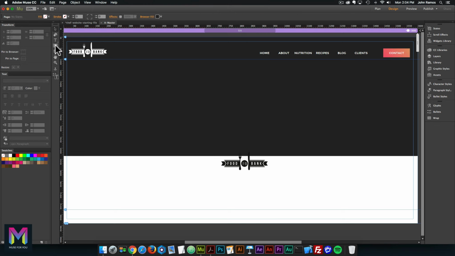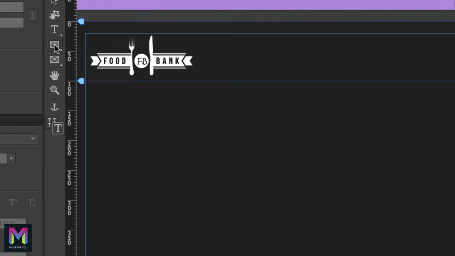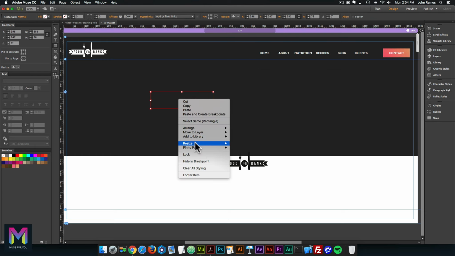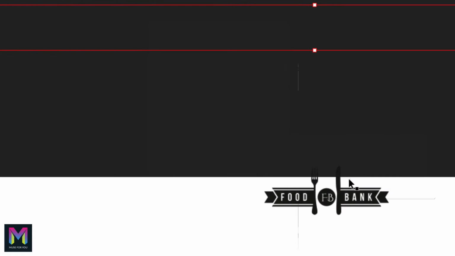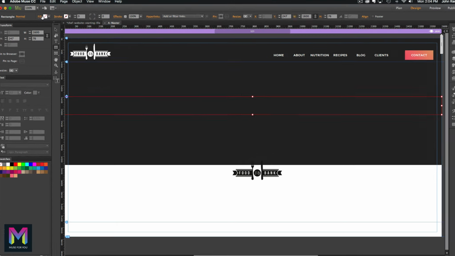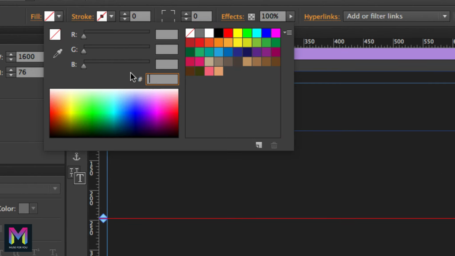So again, I'll go to the rectangle tool right up here, and I'll create a rectangle, and I'll stretch it to browser width. So I'll right click, resize, stretch to browser width. The color is, let's see, I've selected it, go to the fill, select the drop down. The color here is 232326,